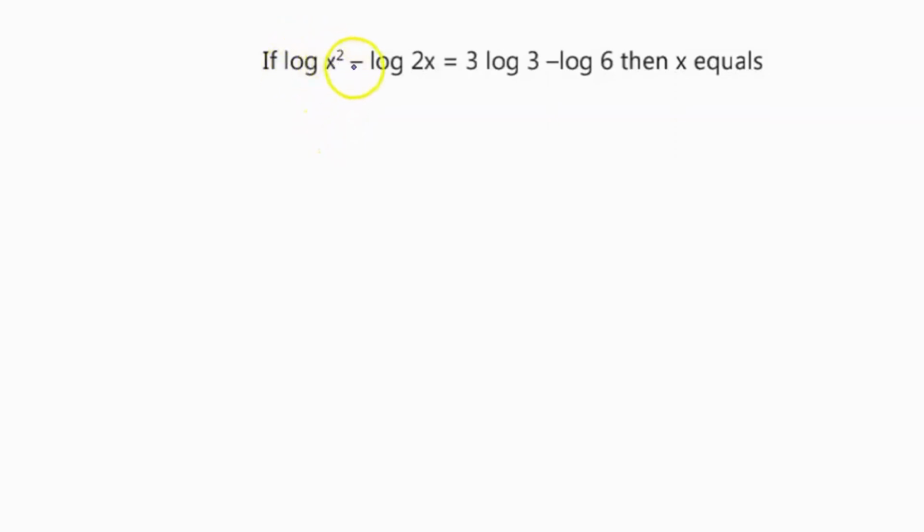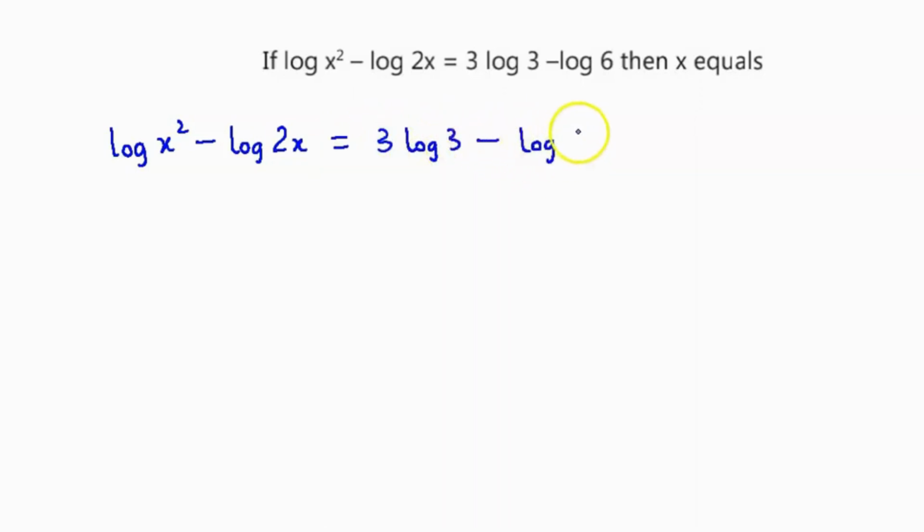If log of x square minus log of 2x is equal to 3 log 3 minus log 6, then x equals? So given equation, we write log of x square minus log of 2x is equal to 3 times log 3 minus log 6. Now this 2 we can bring forward, log of a raised to b is b times log of a, so therefore we have 2